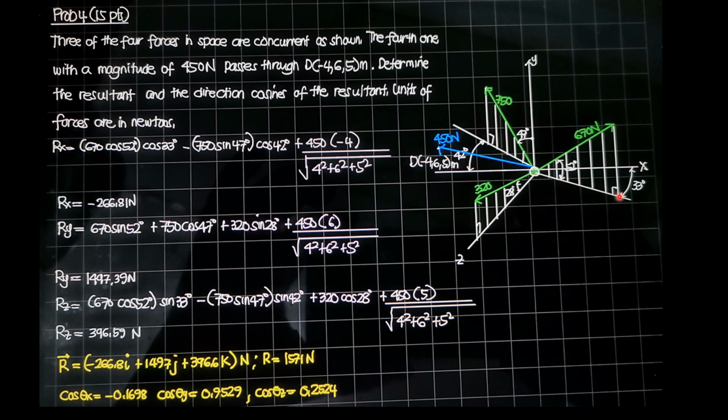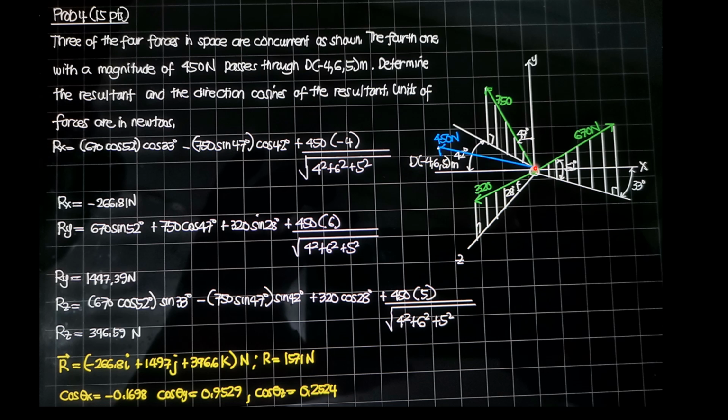This 670 cosine of 52 is further multiplied by cosine 33. It is positive. So it is 670 cosine 52, then times cosine 33. That's the hypotenuse of supposedly another right triangle. You just look at the solution where I solved it in a more detailed way. Look at it from the top so that this x component is further multiplied by cosine 33.